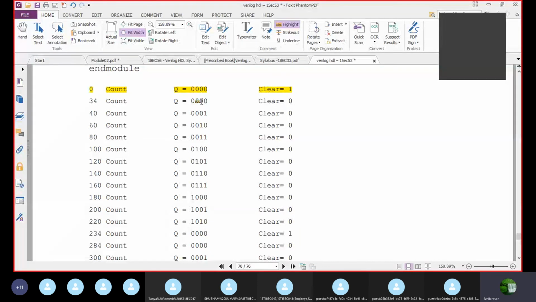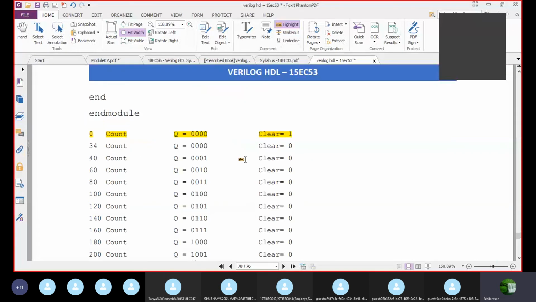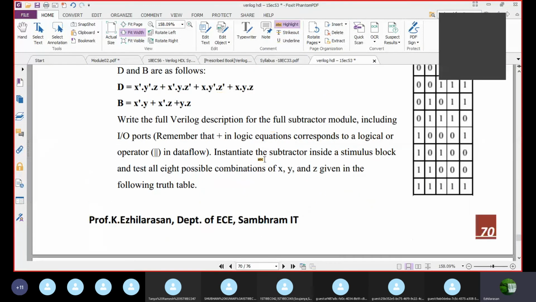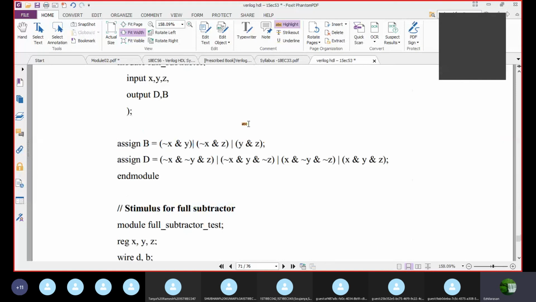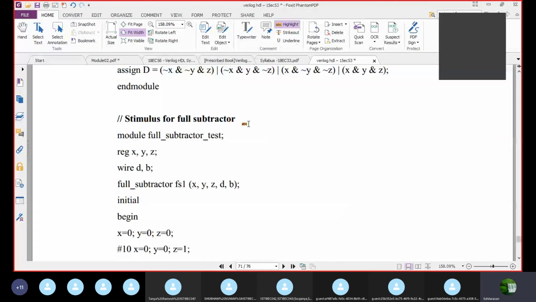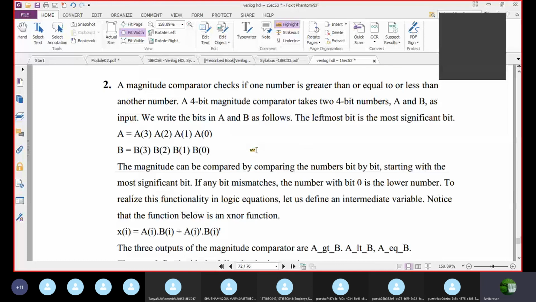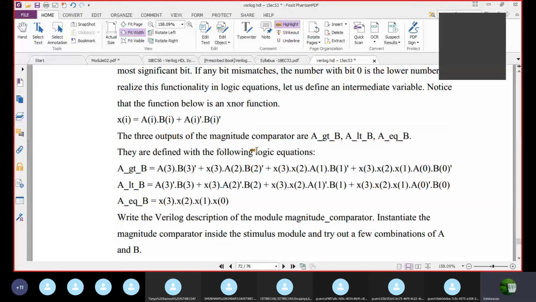I hope you understood this. So in this, I have given the exercise, and solutions are also given in this. Very, very important. So go through the exercises given here because in the examination they may ask the exercises also. See the comparators. These comparators you already studied in your logic design. Once again, go through the comparator.